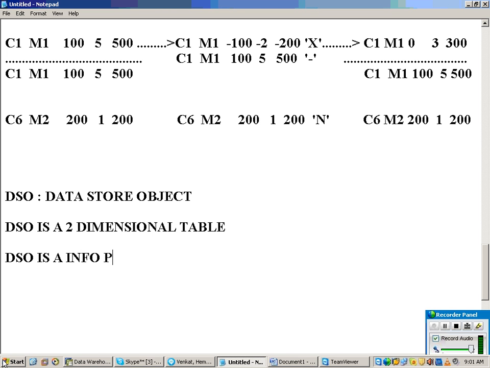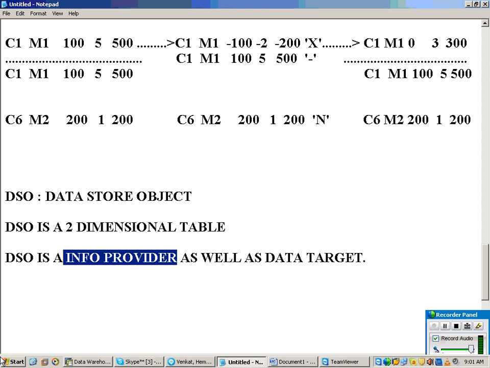DSO is an info provider as well as a data target. That means DSO is an info provider: objects which send data for reporting are called info providers.